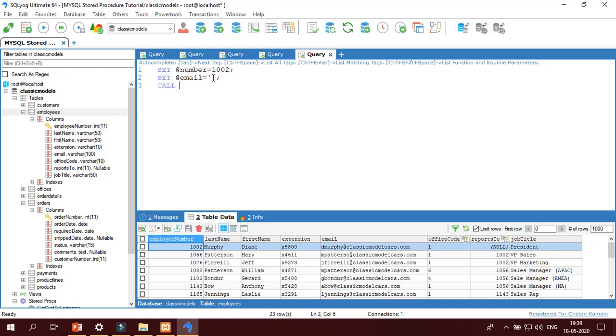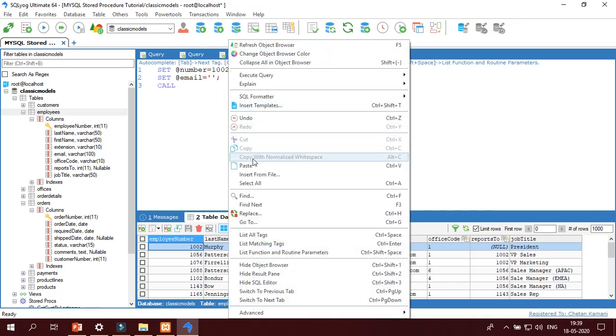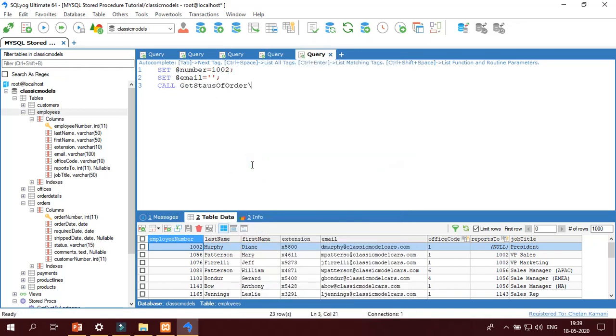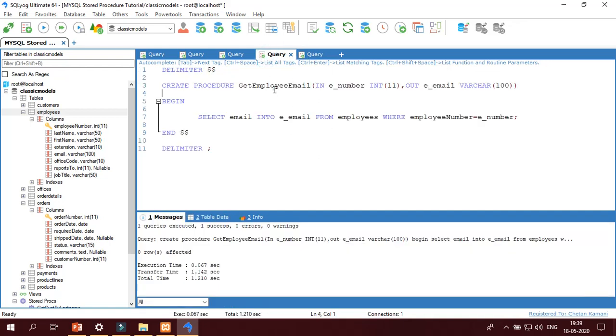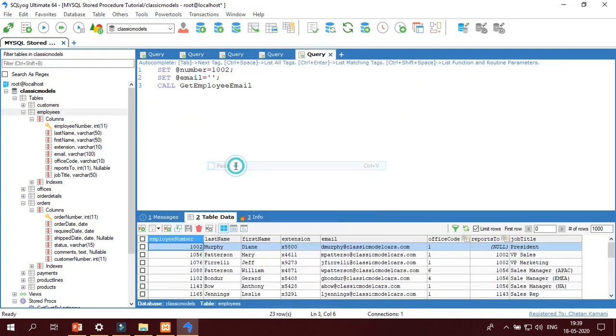Then call procedure name. What is the procedure name? You can copy it, get employee email. This is the name of the procedure. Paste. First specify the number.